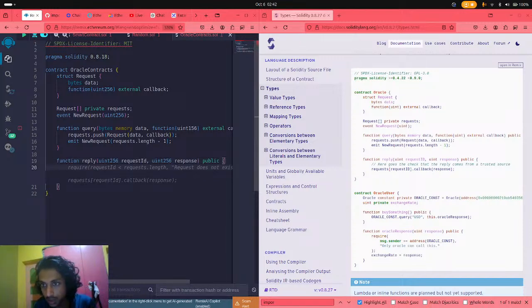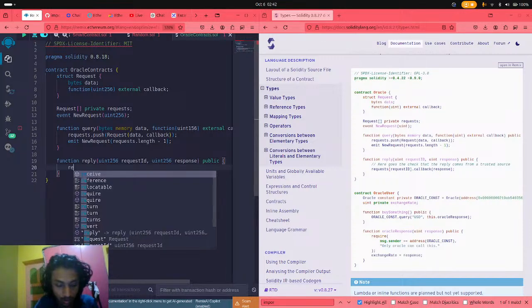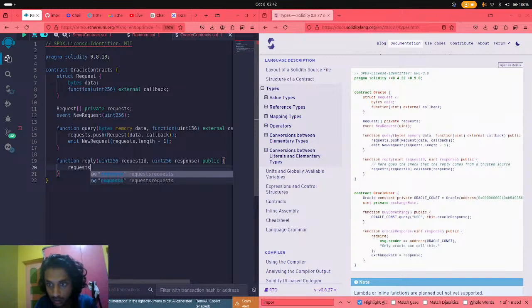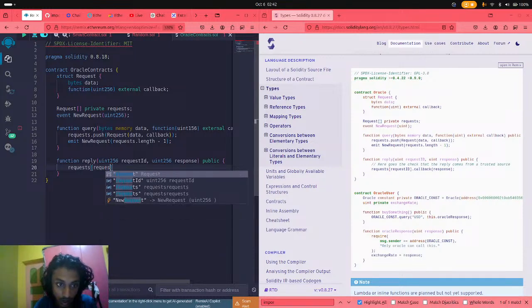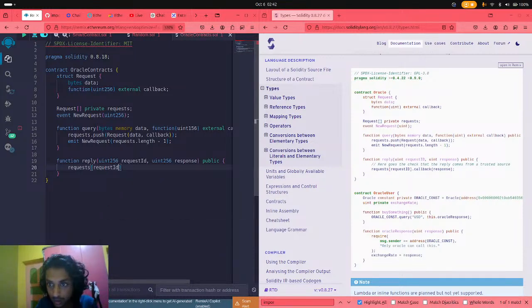Here goes that check the reply comes from the trusted source. Awesome. Requests having the request ID dot callback operation dot after 1 2